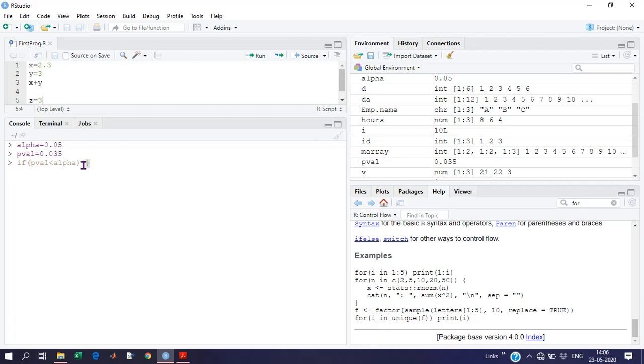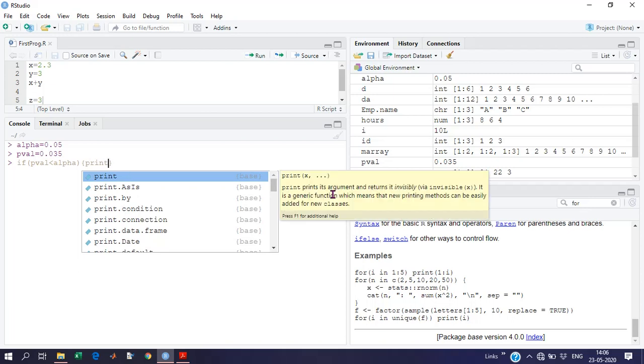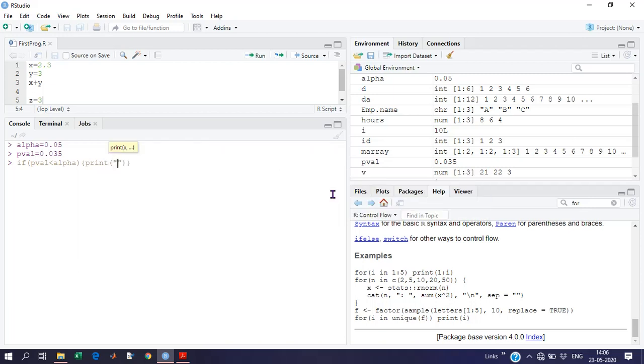So we will use this kind of condition, print reject h naught. As p value is less than alpha, it's printing reject h naught.